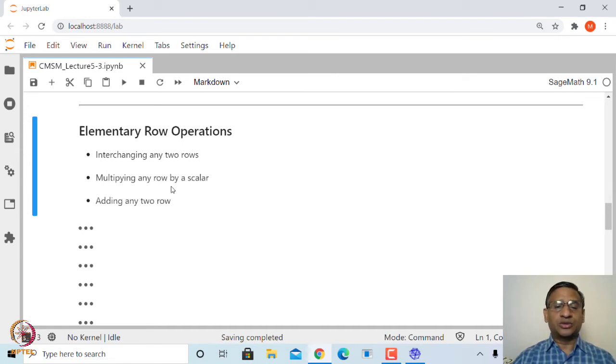Of course, you can ask what is the meaning of a simple system. For example, if the coefficient matrix A is the identity matrix and you have a system of linear equations Ax equal to b, that is the same as saying x1 is equal to b1, x2 equal to b2, and so on, xn is equal to bn. That is the easiest system you can think of, right. So if in some way you can convert the coefficient matrix A into the identity matrix by a sequence of elementary row operations, that is the best thing you can ask for. That is the basic idea.